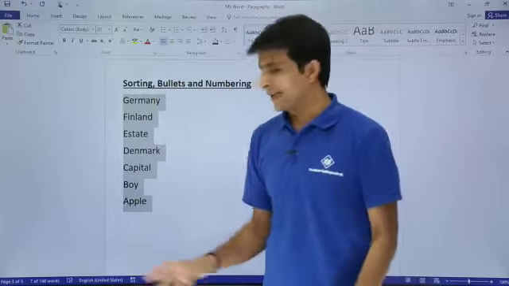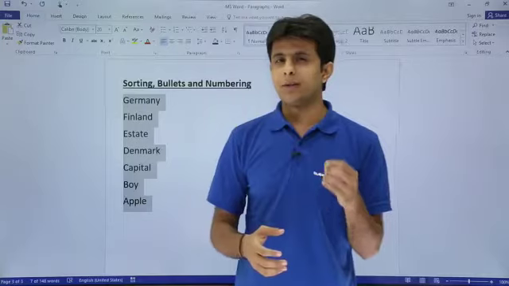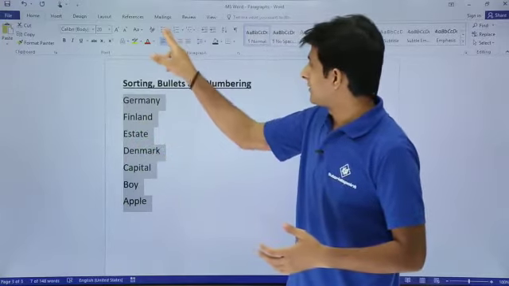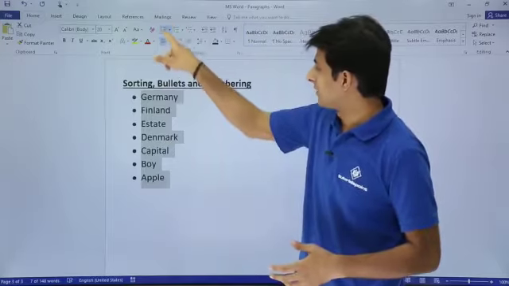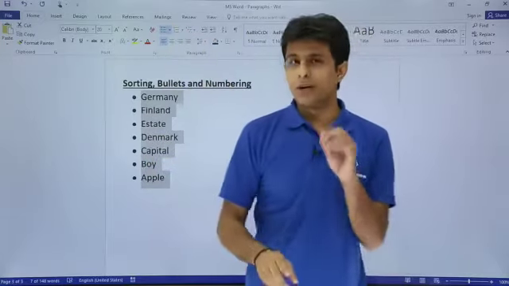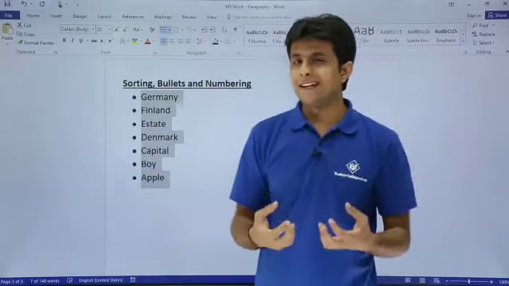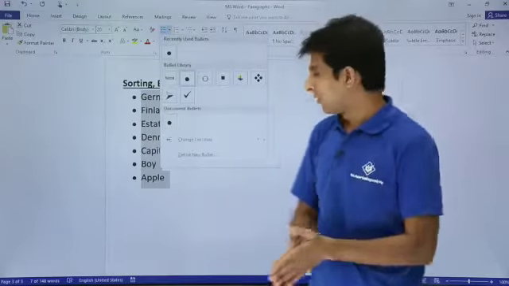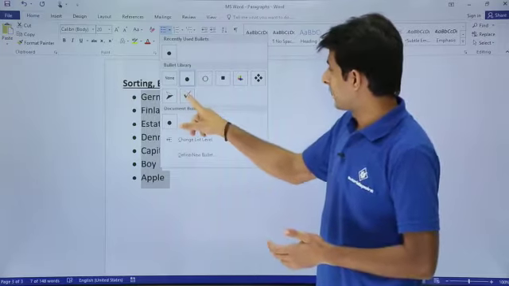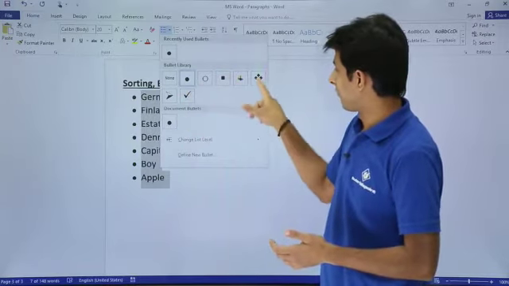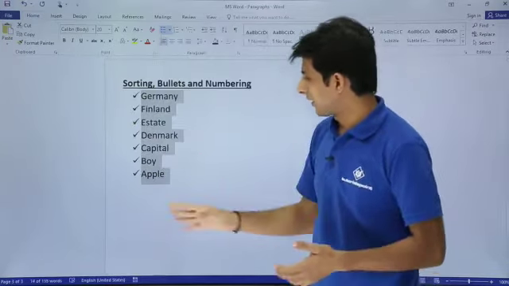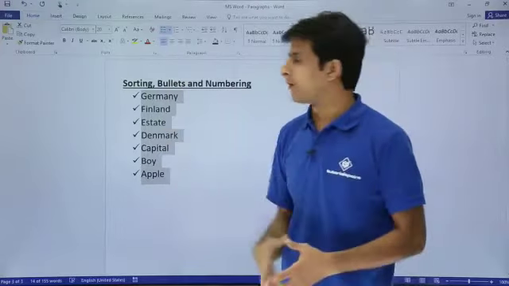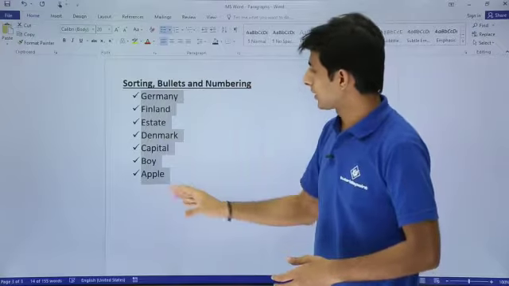Next is, this text is not in proper format. Why not put some bullet points? Bullet points look proper. I'll just click on this place. This is nothing but a bullet point. You see that bullet points have come. If you want some fancy kind of bullets, you can just click on this drop down. You can choose whatever bullets you want from here, and let's say if you want this kind of checklist, or some other kind, you can select it this way, and you can copy paste and work on PowerPoint or somewhere else. This is how it can work.